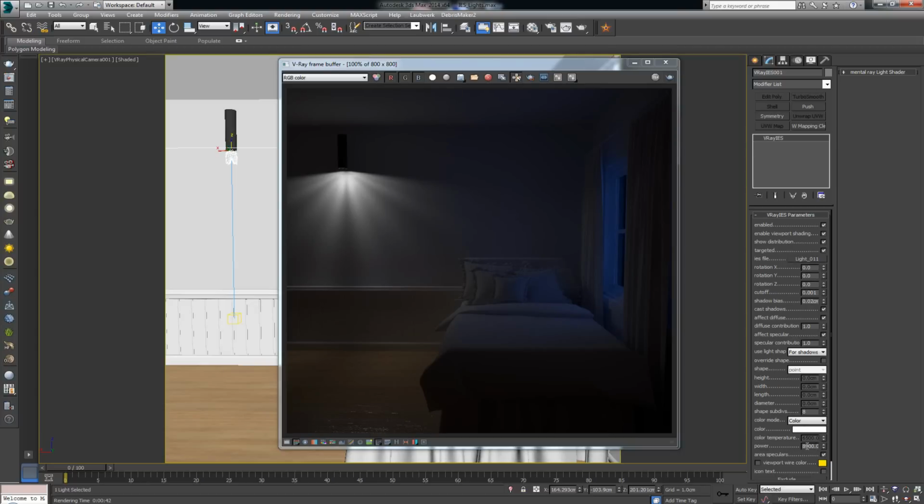Now we can manually change this if we want to get a stronger light or a softer light. We can change this and get a whole different intensity of the light. The other thing that we can change here is the color mode. By default, this is set up as